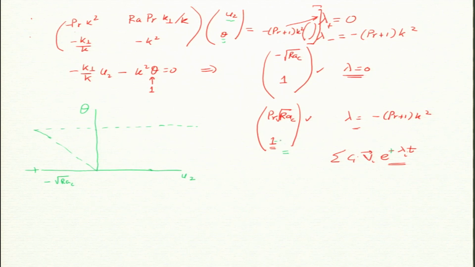This one's x component is proportional to Prandtl. So, Prandtl bigger than 1, it will go in that direction; Prandtl less than 1, it will go here; Prandtl equal to 0, it will be here. Okay. So, this is the first eigenvector, which I can call V0. This is not the velocity field, this is the eigenvector, and the other eigenvector depends on the Prandtl number, it is somewhere here.